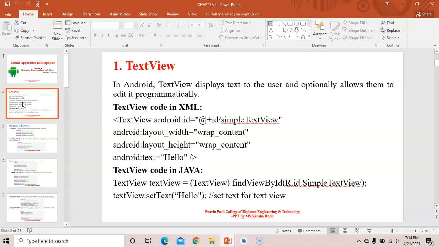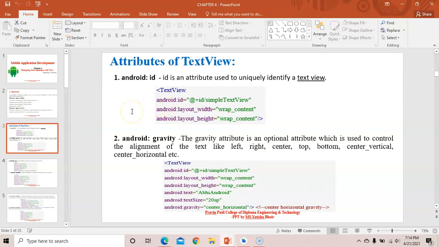When you create any text view, the Android ID is auto-generated. It is unique to all the text views. And then this is the text view code in Java. Now these are the attributes. Android ID, which is auto-generated by Android Studio.